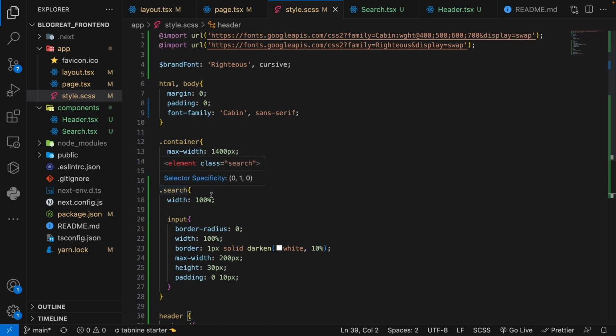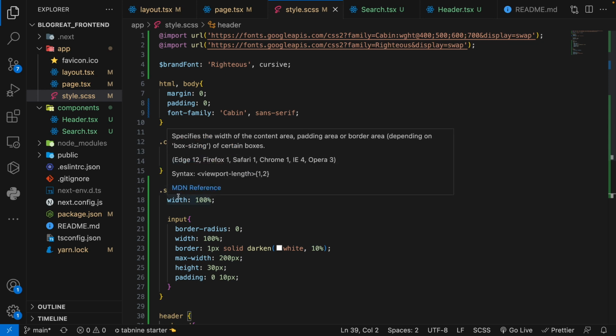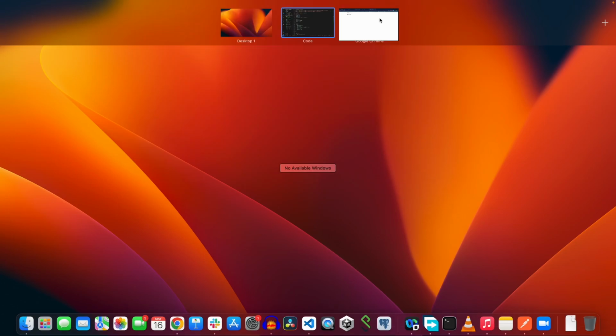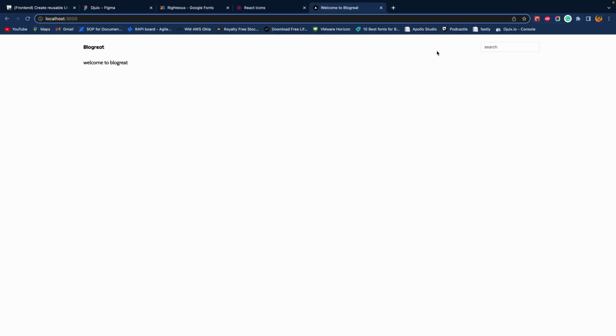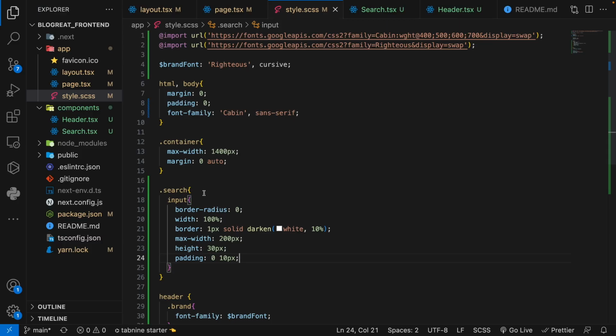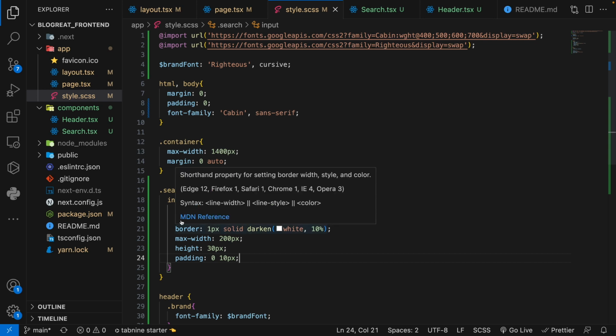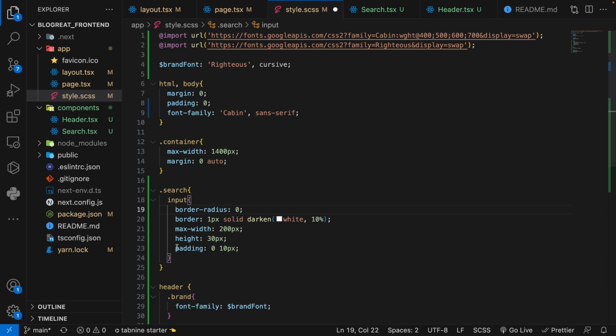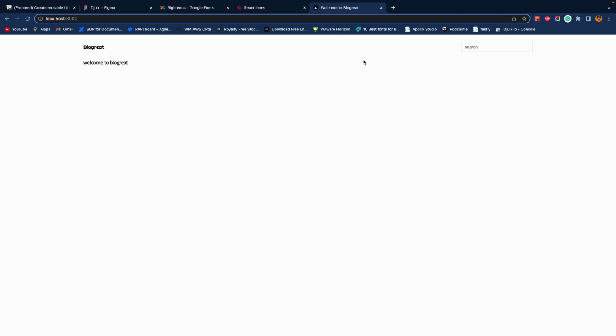The issue is mainly because of the 100% width we gave to the search, which I don't think is necessary. So I'll remove this, and that should fix our issue. Now the search is at the other side. After removing that 100% width from the search, it's going to affect our width on the input. Because as you can see here, this is meant to have 100% space, but it's no longer going to have that. So what we can do instead is remove this and have the width for the input itself. And now if we go back, we have the width and it looks good.